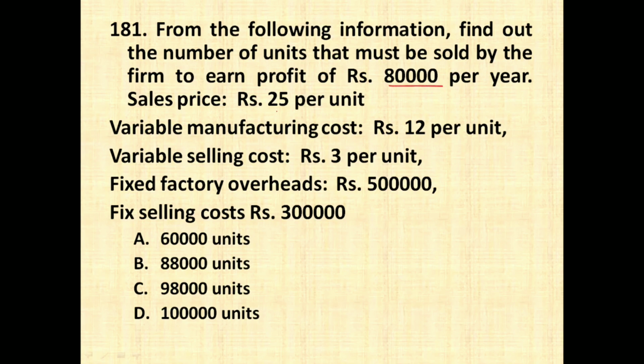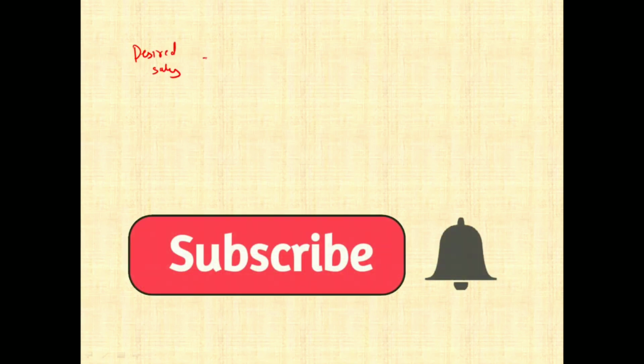Sales price is ₹25 per unit. Variable manufacturing cost is 12 per unit. Variable selling cost is 3 per unit, fixed factory overhead 5 lakh and fixed selling cost is 3 lakh. So we have to find out the desired level of sales in this question. The formula for desired level of sales is equal to desired profit plus fixed cost divided by